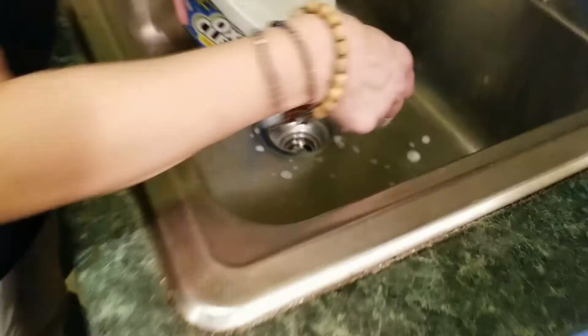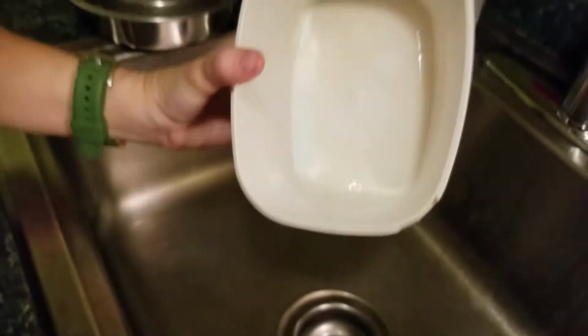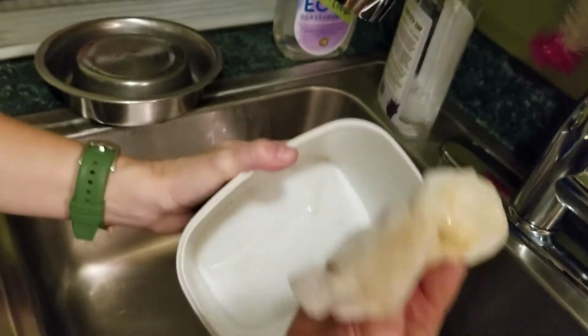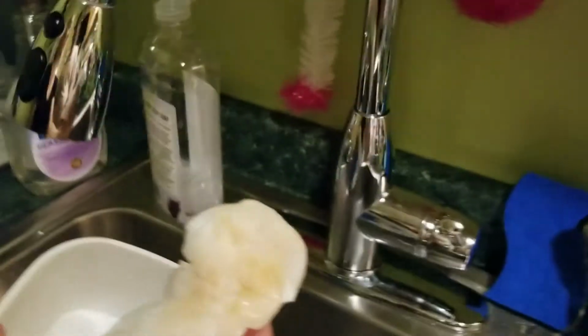Here, I'm gonna dump this one. I don't want to touch it, but I'm going to. Oh yeah, that is slimy. And this is what it looks like. Oh yeah, hello. If that doesn't motivate you, I don't know what will, but don't worry,